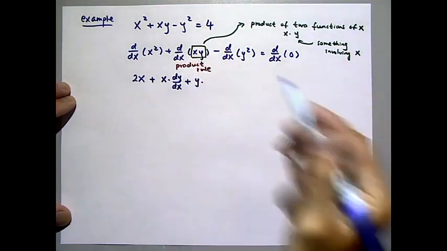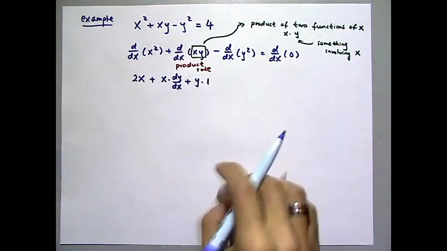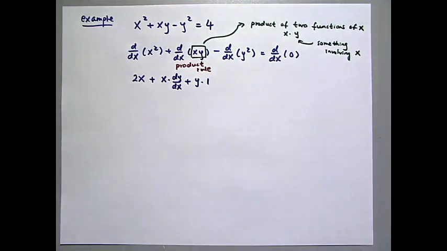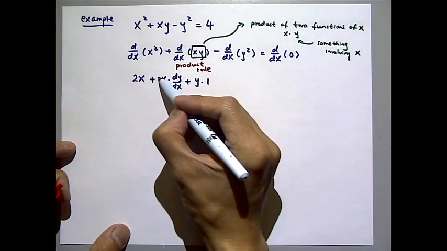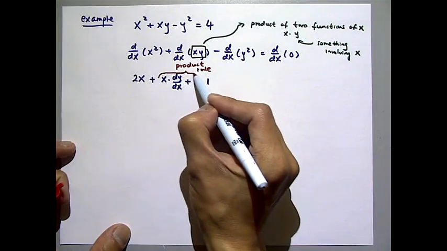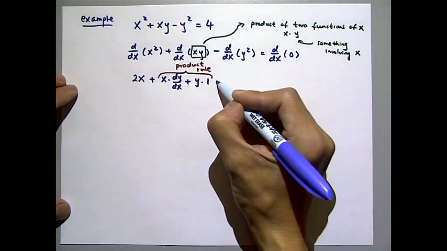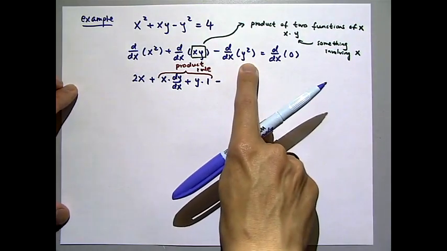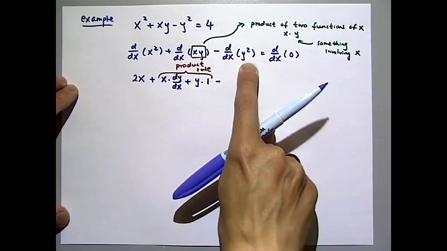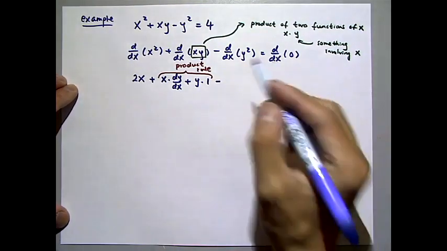First is x, derivative is 1. All right, so this is the part we got from the product rule. Any question on that part? Okay, good. Next one, what do we get here when I take the derivative? 2y